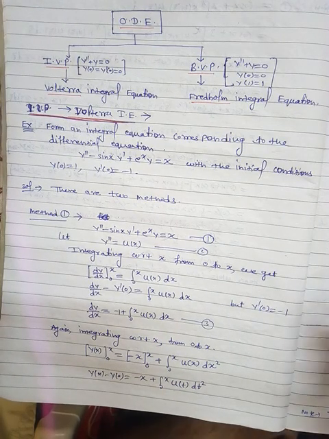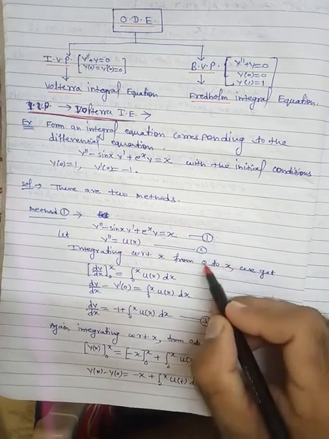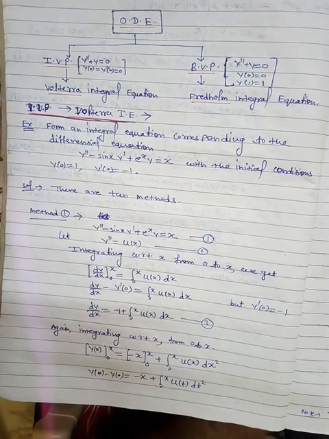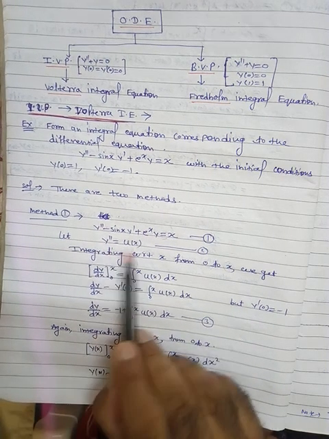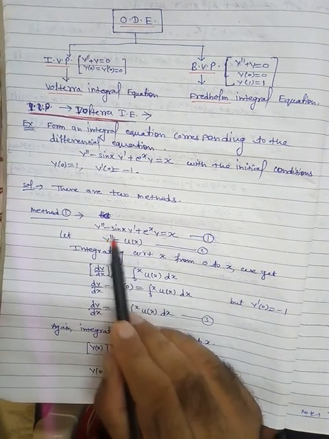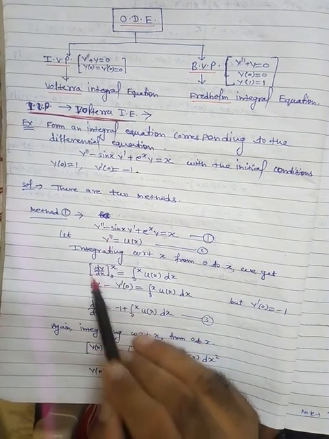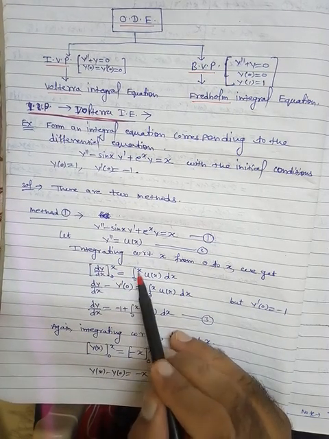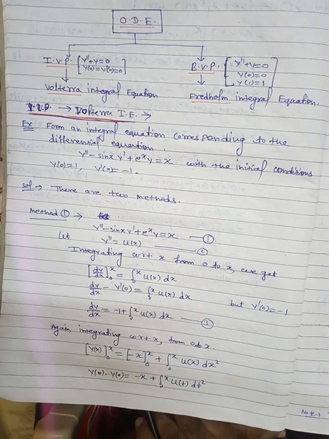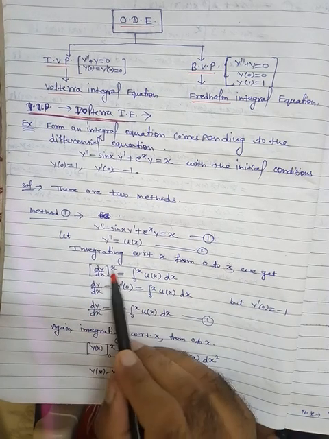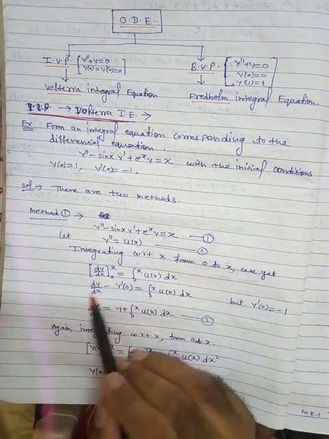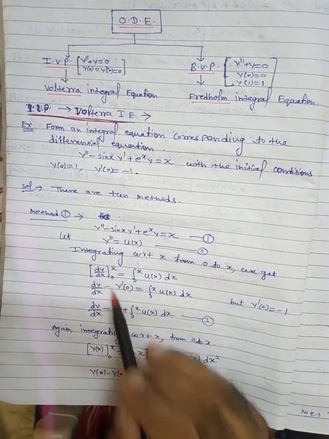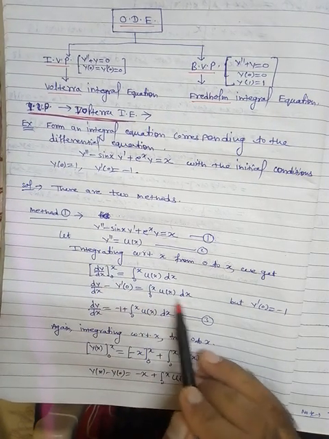limit is a variable quantity. So this is always x. However, here this will be taken from the given initial conditions. Fine. Now integrate with respect to x. So this will become the first derivative, dy by dx with limit 0 to x is equal to the integral from 0 to x of u(x) dx. Substitute the limit. So here when you put x, we will get the same dy by dx minus y dash at 0, the lower limit, is equal to the integral 0 to x of u(x) dx.